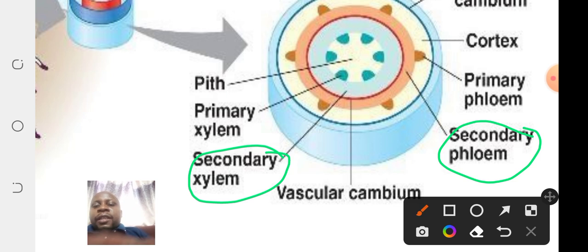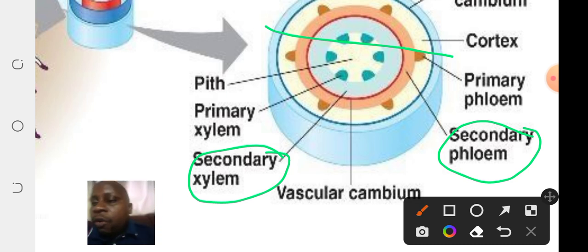As the new cells form at the vascular cambium, there will be an increase in diameter. So the cambium is responsible for the increase in diameter, or what we refer to as secondary growth. Now,